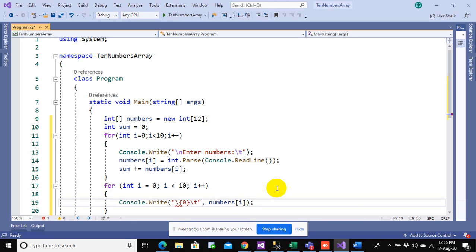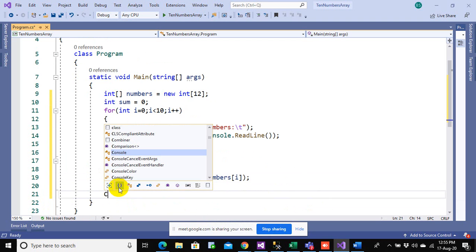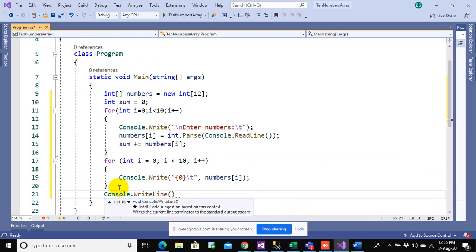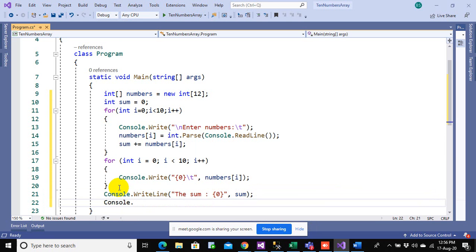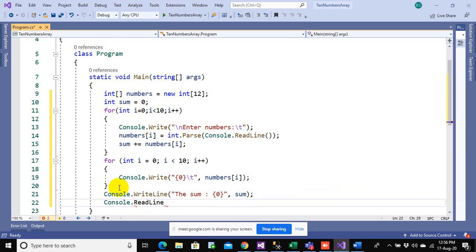This will print all those numbers. And once this is done, I also want to print the sum of the numbers, so I can just do console write line, and I can just print sum is 0, sum. That's it.